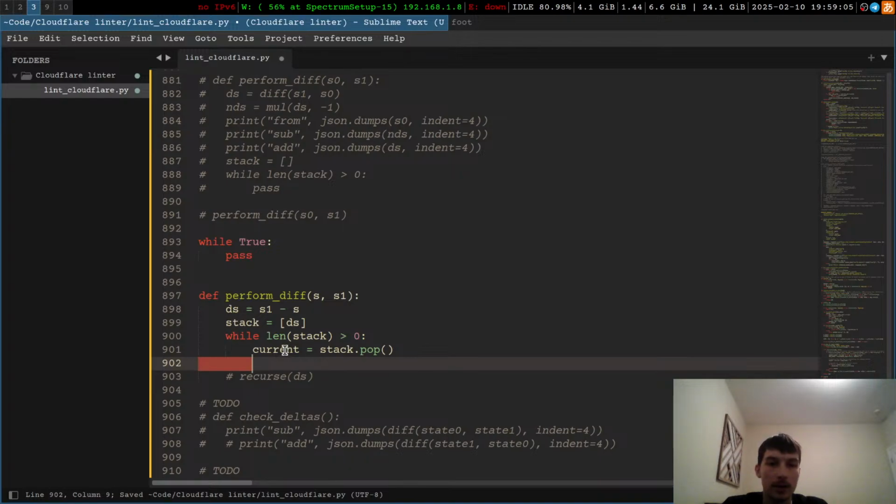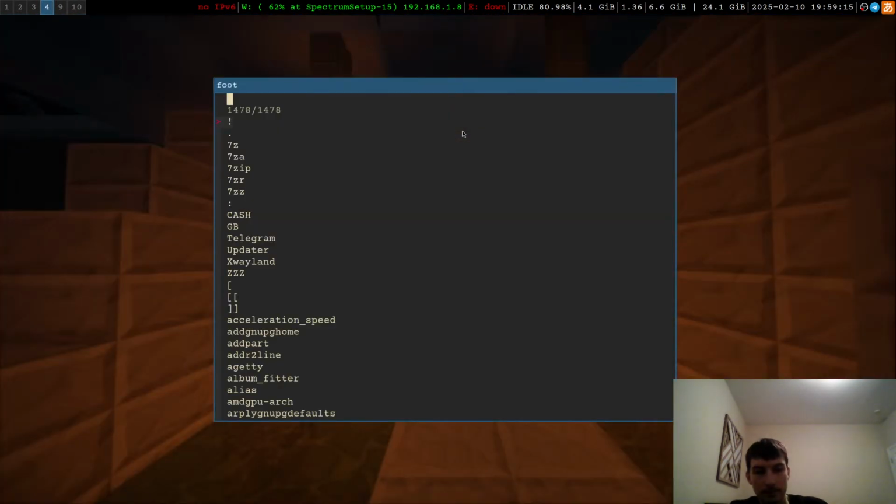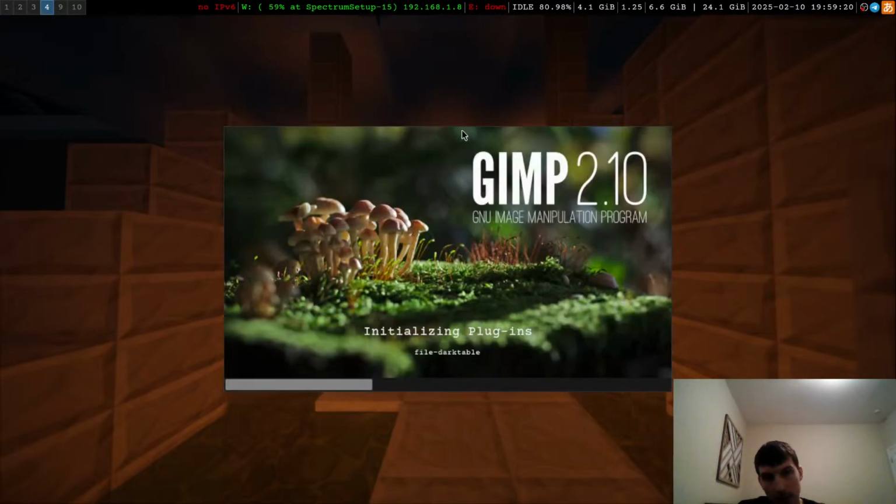This is our current thing that we're iterating. In this case, it's going to be ds. So our repeating procedure is that we are, oh, well, I deleted everything. Like, it's literally as simple as